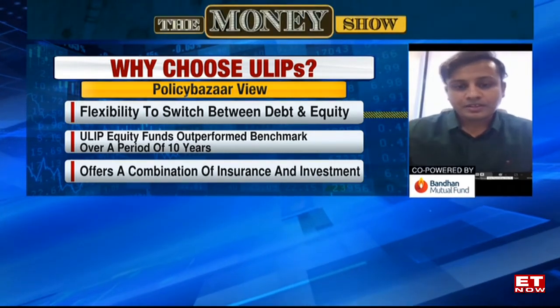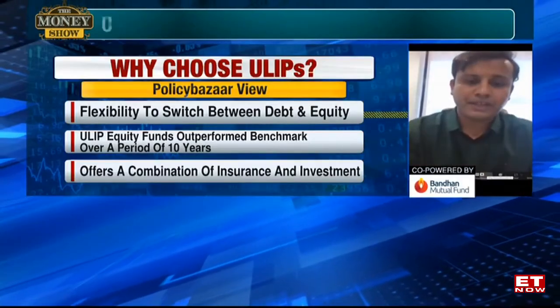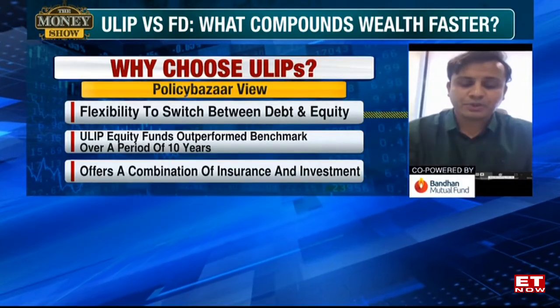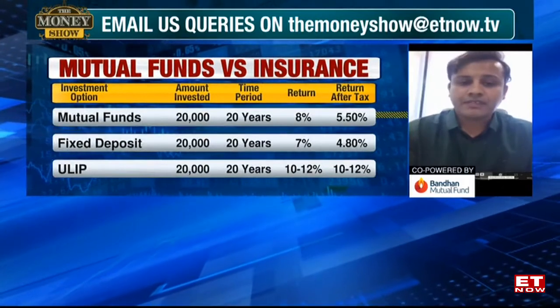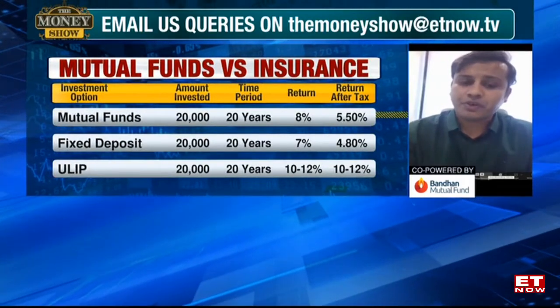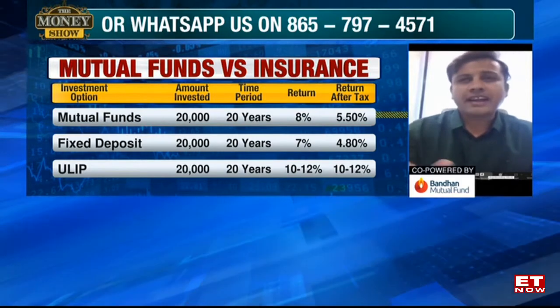Which means that if you want to take advantage of the EEE status that I think the ULIP has, you need to make sure that your premium doesn't cross 2.5 lakhs. Yes, the ULIP has an extra benefit that the insurance companies have, an extra tax arbitrage, I will put it like that, where you invest up to 2.5 lakhs a year. Let me take an example. If I invest up to 2.4 lakhs a year for 20 years, so I pay for 20 years and stay invested for 20 years at an 8% return.